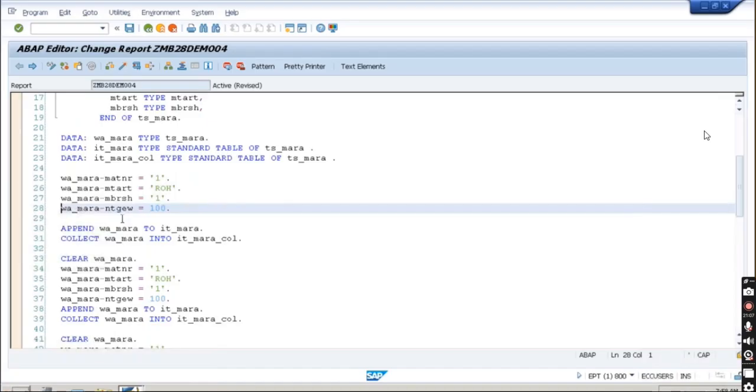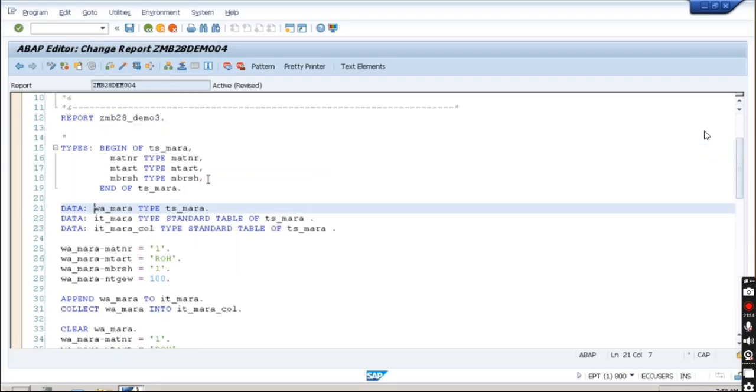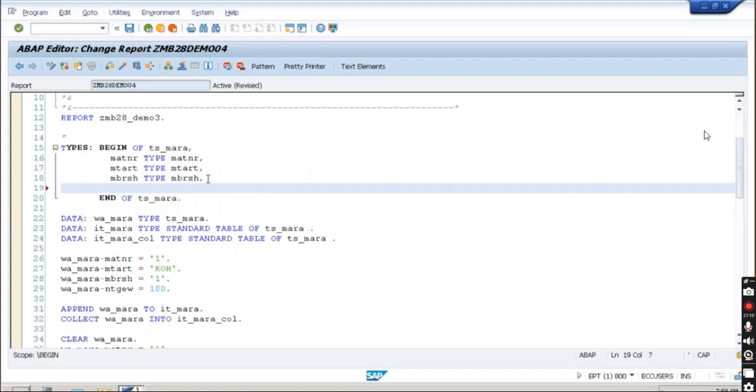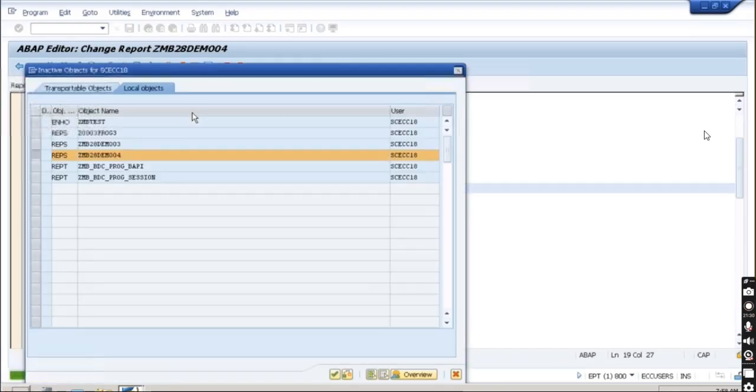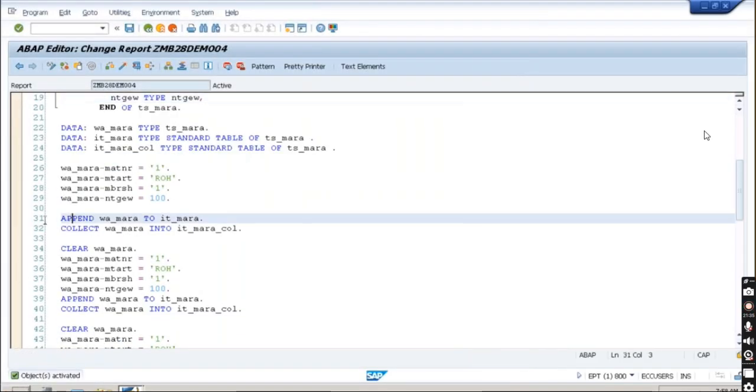That's fine because we have not declared w_mara. Here actually we are not having the ntgew, type ntgew. So pretty print to check the syntax now. There is no problem now. Activate this one and now put the breakpoint over here on the append statement. Press F8,